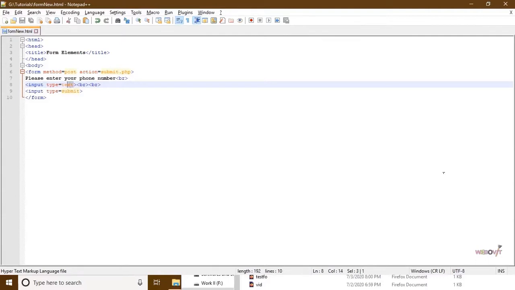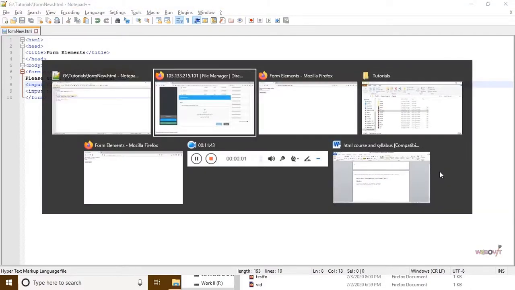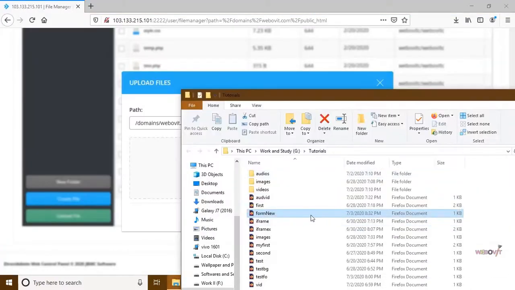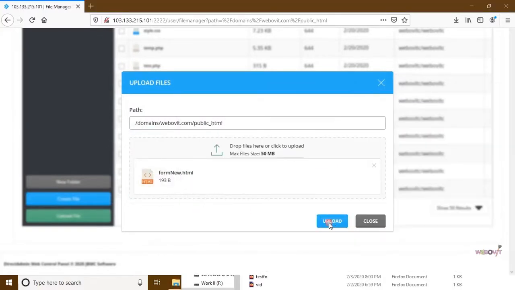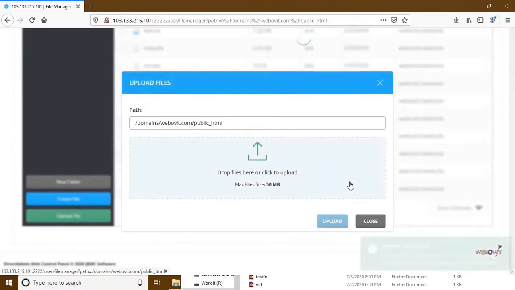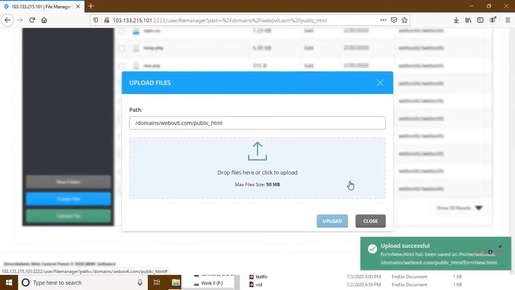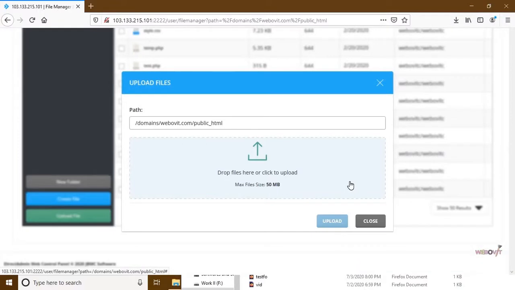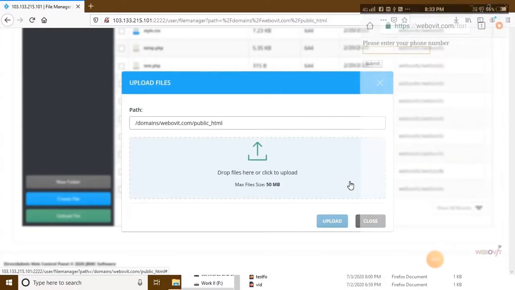Now we will mention email. If I change the keyboard type to email, I will again upload the file. Now again we will refresh the page. As we refresh the page, now the input type is email.